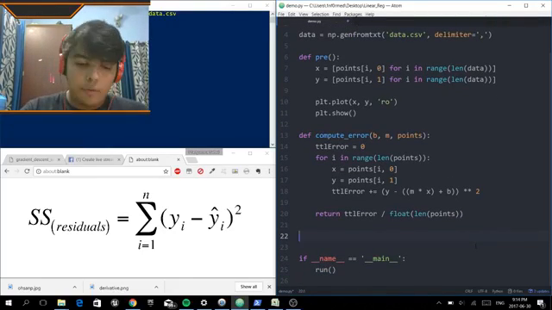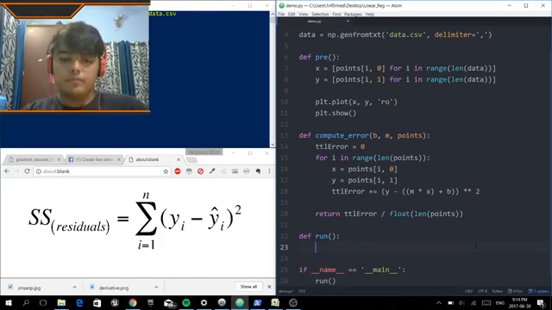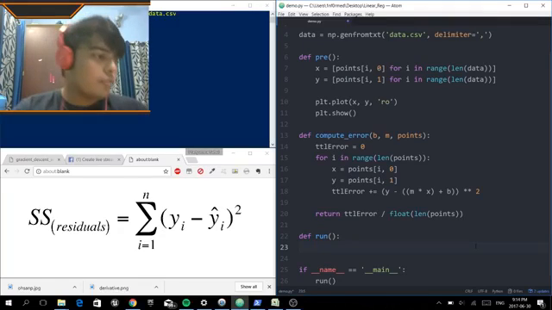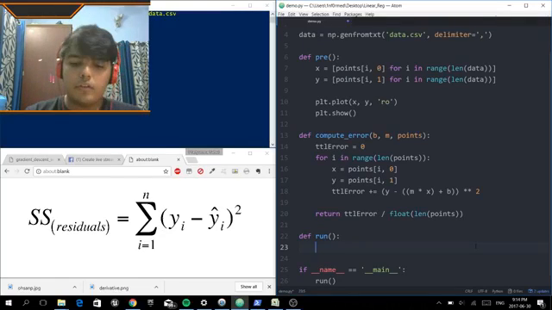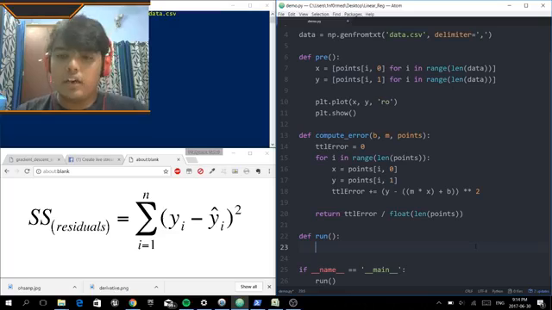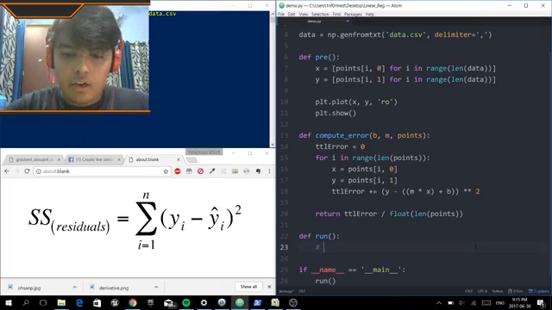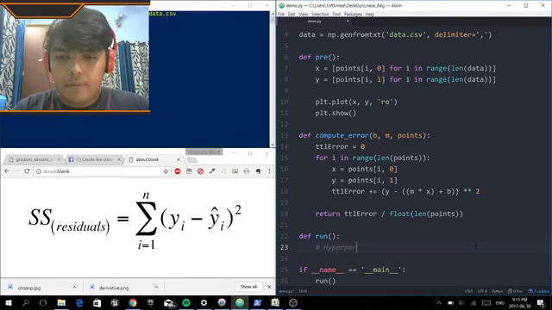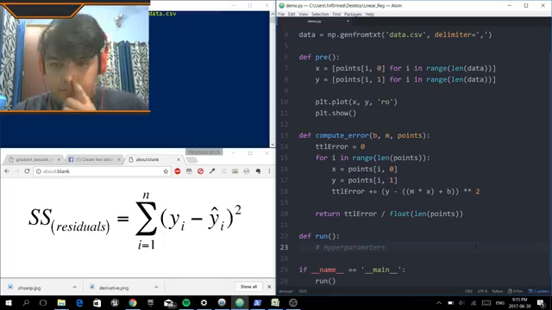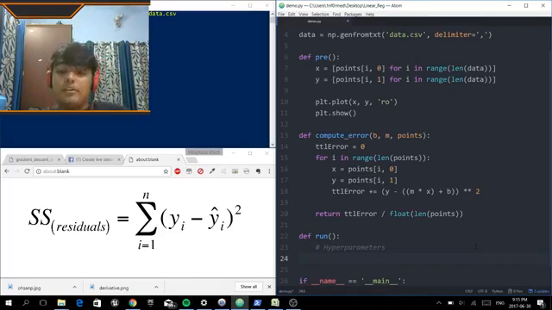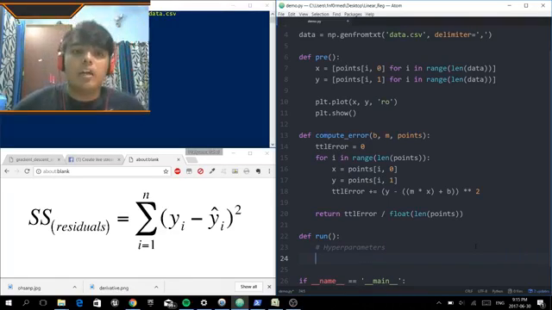Next, we are going to be defining run. For run, I was planning on getting, first we get the data, which is already there. Okay, we'll define our hyperparameters. Okay, what are hyperparameters? So hyperparameters are